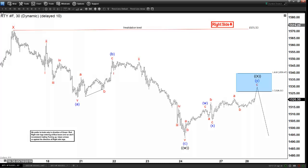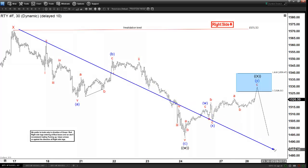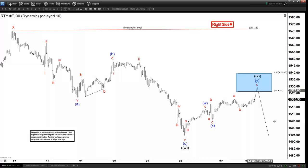All right, and today we're going to be updating the chart of the Russell. This is the 30 minutes chart, short term. We can see that the rally to 1571 was labeled as X. What that means then is that this leg right now is the Y leg, which suggests more downside. Okay, and we can see the subdivision of the Y leg is in the form of a possible double